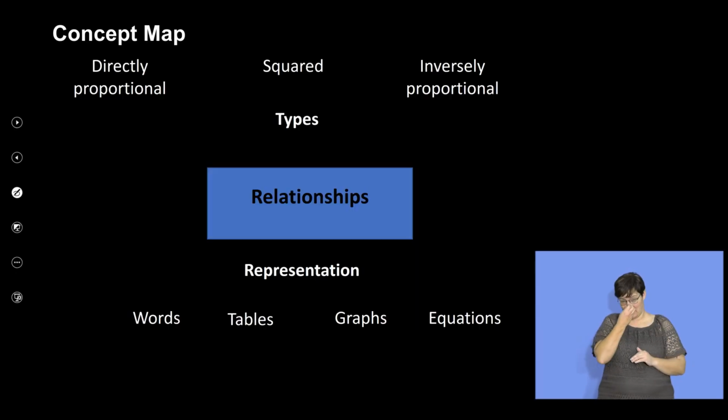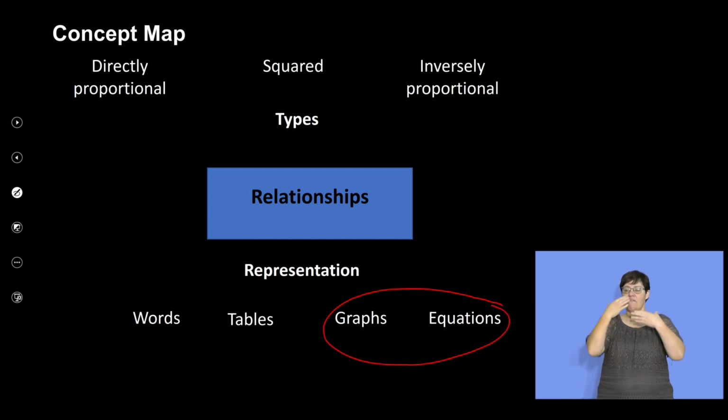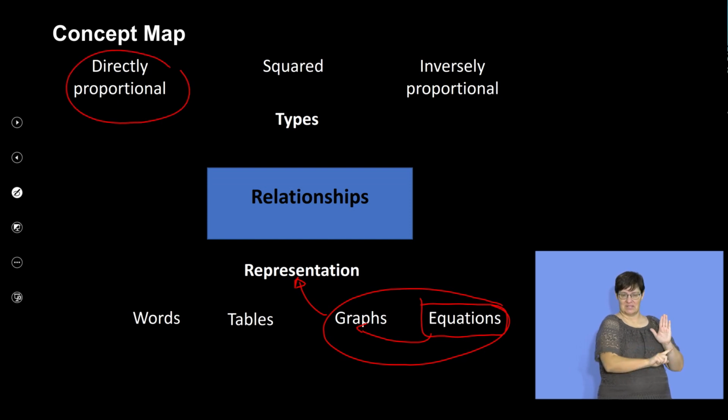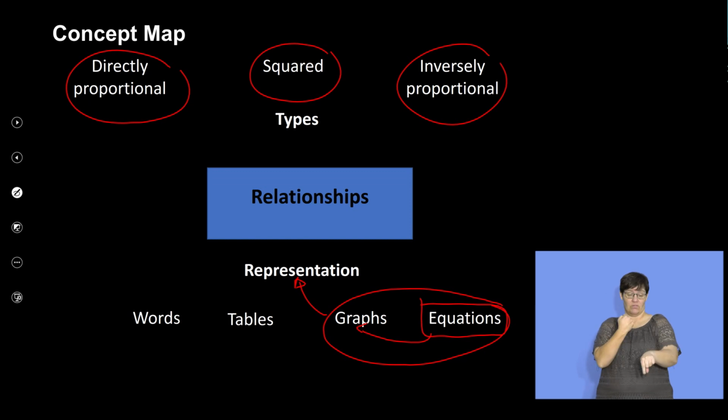So the important part that we're going to be looking at is a focus on graphs and equations, but we're going to start with equations and try and work out what the graph would look like and say what sort of relationship that would be. Is it directly proportional, is it a squared, or is it an inversely proportional relationship? So